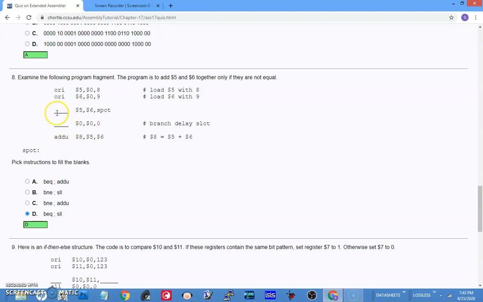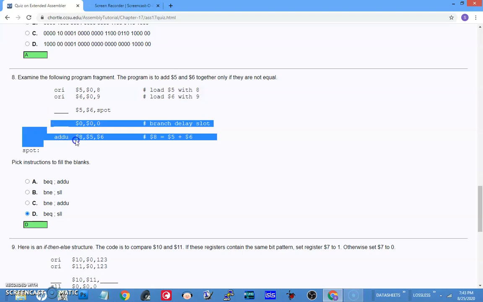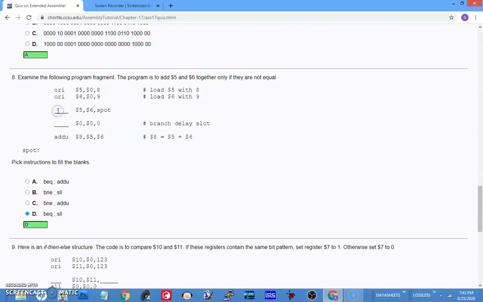So there the condition should be branch on equal. You have to come to the label. So if they are equal, you skip this instruction. Addition will not happen. So we will add only if they are not equal. So if they are not equal, BEQ will not execute and you will come here and then execute. Now you have an instruction. This is actually the branch delay slot. That means this branch can be taken or not taken.